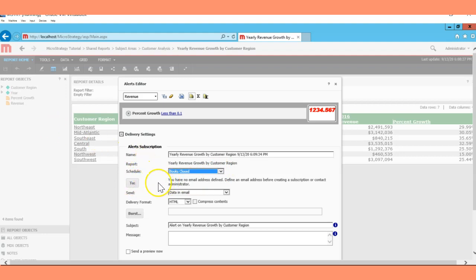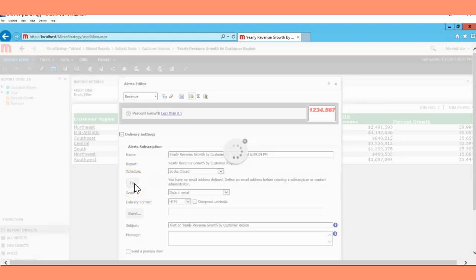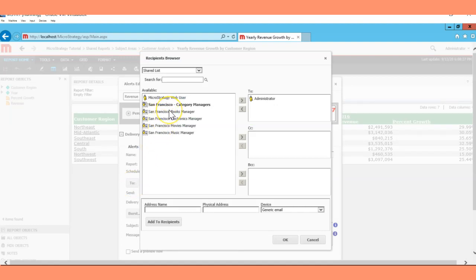And here you have where you want to send this email. You have no email address defined yet, so that's fine. I'm just going to click on To, and here you can see we have a couple of groups, then the sale list. So which one am I going to use? I'm just going to use this San Francisco. I'm going to edit this San Francisco category manager here.